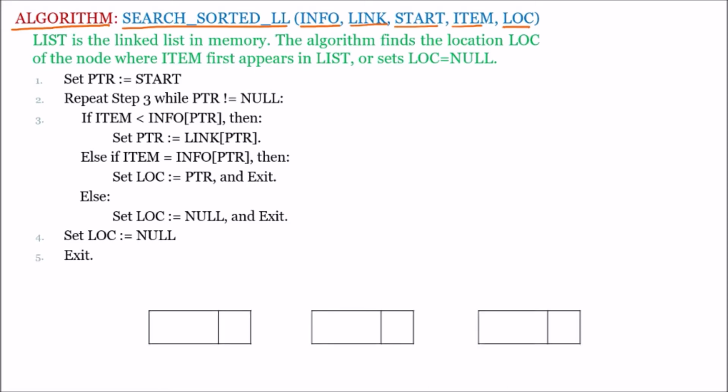Let us suppose that we are having a linked list in which we are having 3 nodes. Let us suppose that this is node 1 and this one is node 2. Then afterward we are having node 3. And we know that all these nodes are having 2 parts. The first part of every node is called the info part. This info part contains the information of the item.